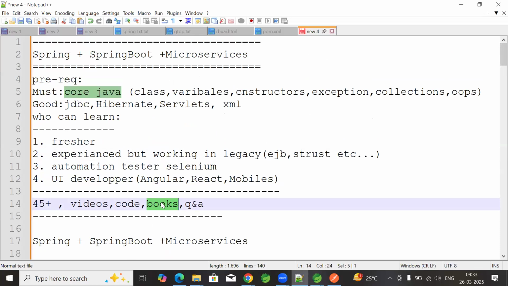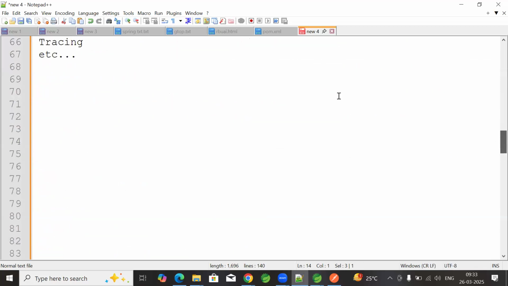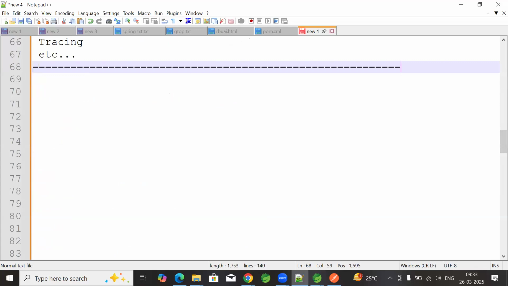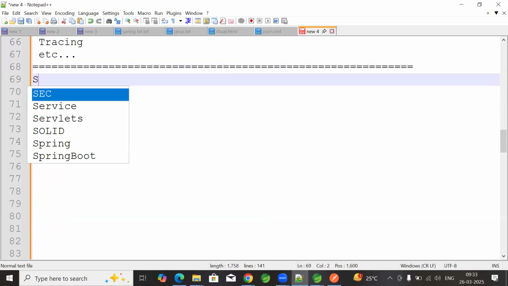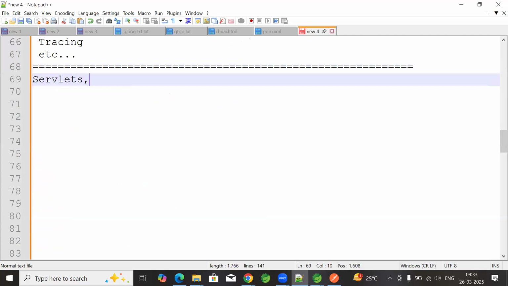45 plus sessions means, each session, how much duration? 1 hour to 1 hour 15 minutes. In addition to these weekends, I'll take some extra sessions. For a lot of other concepts which I have not included here, the miscellaneous or extra topics, I'll take one session on servlets, one Hibernate session, one JDBC session,